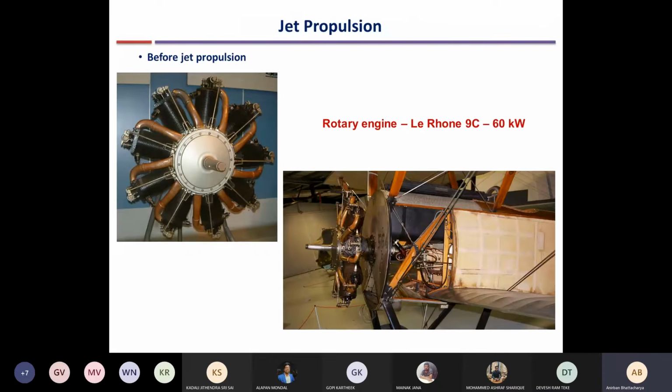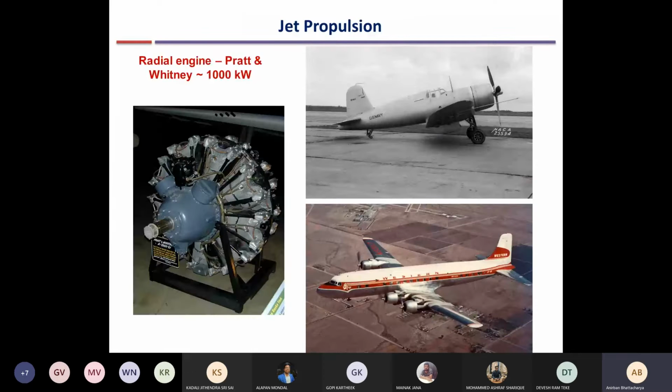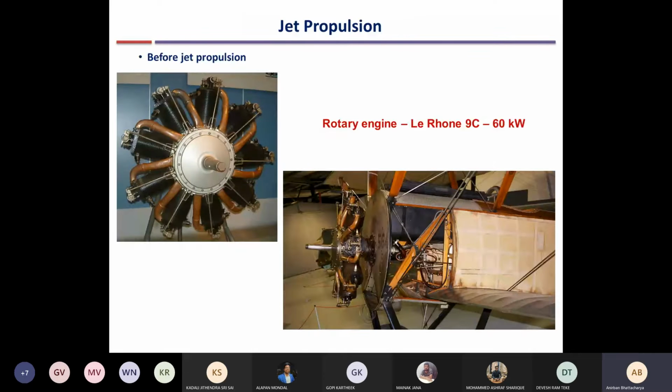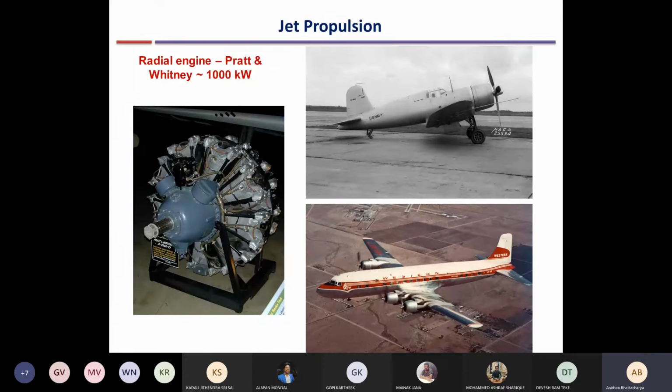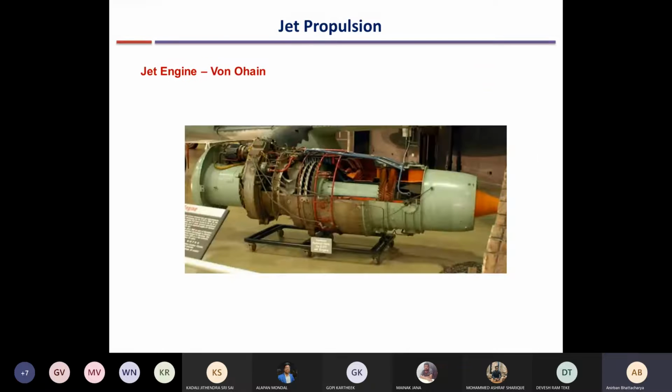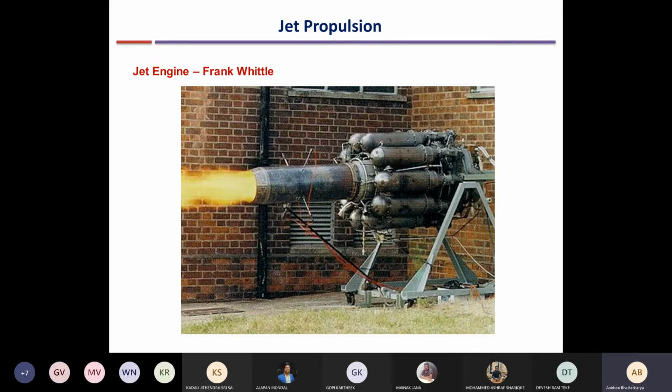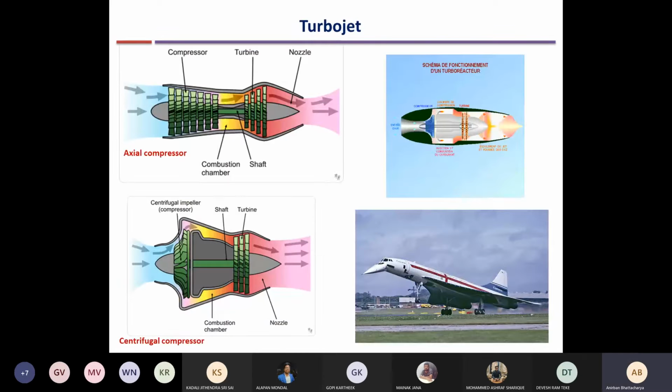So we were discussing how the jet engines were developed and what the military aircraft engines were before that, and we had discussed how two designs were developed in parallel, one in Germany by von Ohain and one in the UK by Frank Whittle. So before moving on to the next part, I will quickly